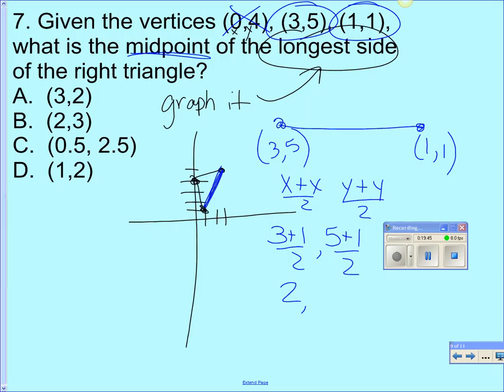What? You typed in the wrong, remember what points you told me to use? Okay. All right, so that answer to that one is B, 2, 3. I don't know if yours is multiple choice or not. Okay,